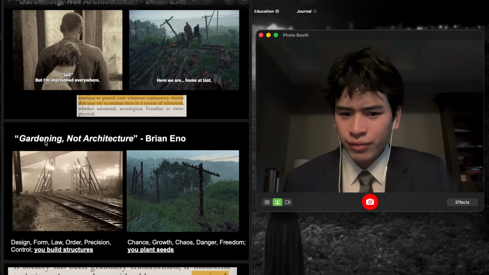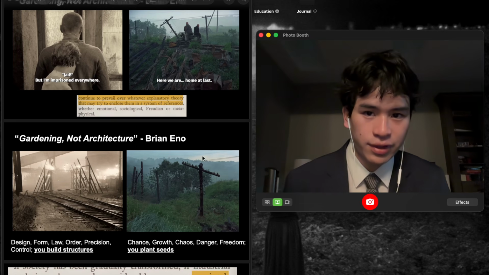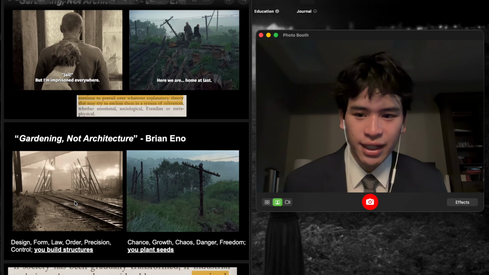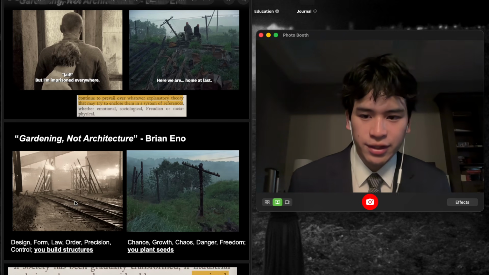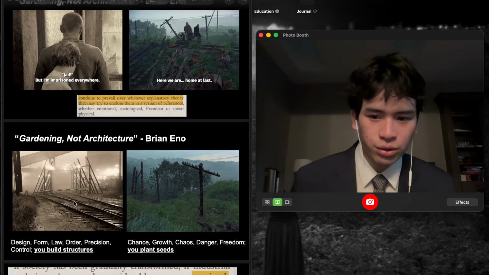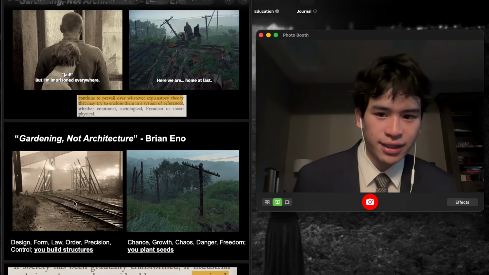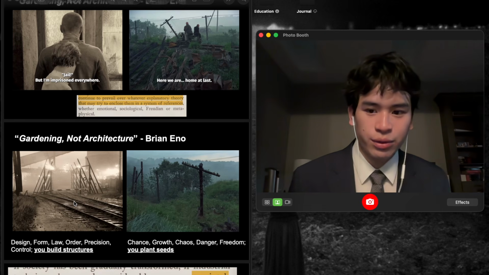Well, if you look at, again, this image from the city at the start of the film contrasted with some of the first images we see of the zone, you'll see that this looks a lot like architecture, right? There are these imposing brutalist structures. There's a sense of design and congruity, precision and control. These railroad tracks tell you where you can go. The barricades and soldiers tell you when you can go there. And architecture implies an architect, and again, that's the idea of this supreme genius, author who designs the world for you